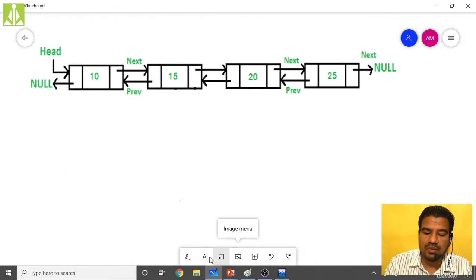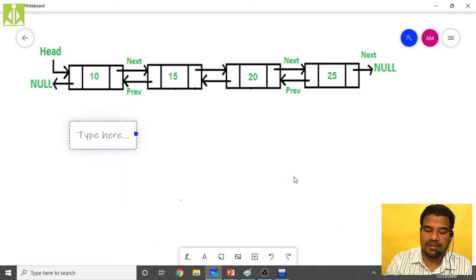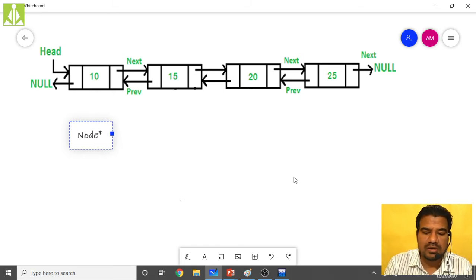So as I said, we are declaring one node star, and two things we will declare.